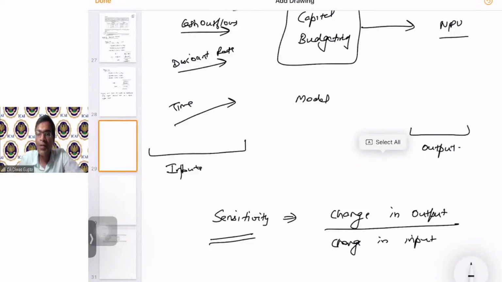Okay. Darshan is asking, is it possible to determine the rate of risk premium when CE and risk-free rate is given? Darshan, I would say, see, if CE and risk-free rate is given, then you will end up calculating your NPV itself. Because CE also, the risk element is not there, and risk-free rate, the risk element is not there. So ultimately, you will not be able to calculate the risk premium in that. For that, at least you need to know what is your risk premium specific to that project. Okay, Darshan.